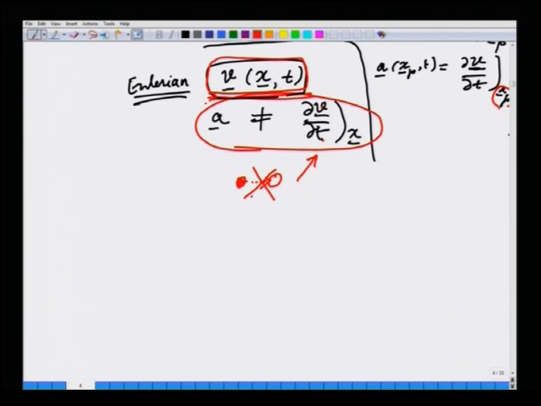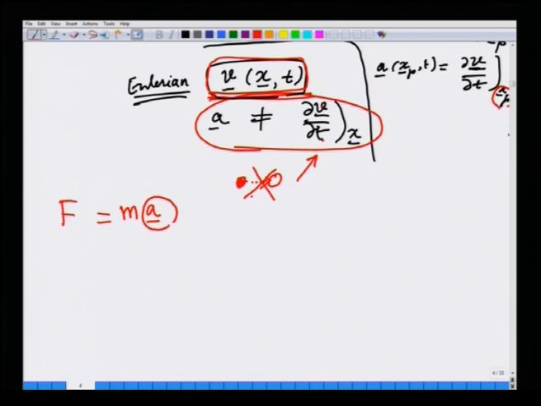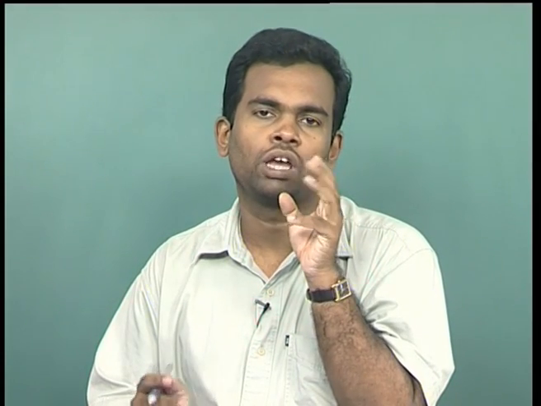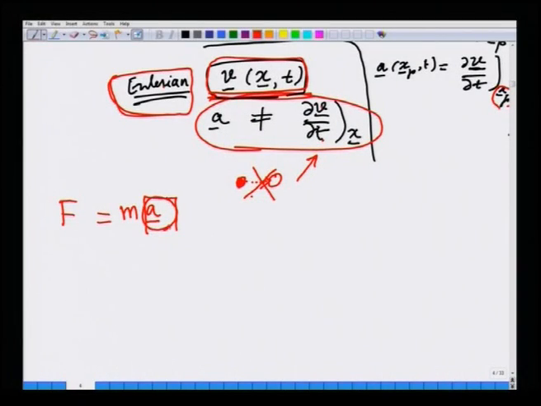So, you may ask, why is this an issue? The reason is that when you eventually want to go to dynamics, you are going to apply Newton's second law of motion to a continuous fluid. Newton's second law says that force on a particle, an identifiable piece of matter, is mass times acceleration. So, we need the acceleration when we want to write down equations of motion for a flow. But we also want to work only with the Eulerian framework, because it is much simpler and more useful. But fundamentally we need accelerations. So, we need acceleration, but acceleration cannot be obtained from